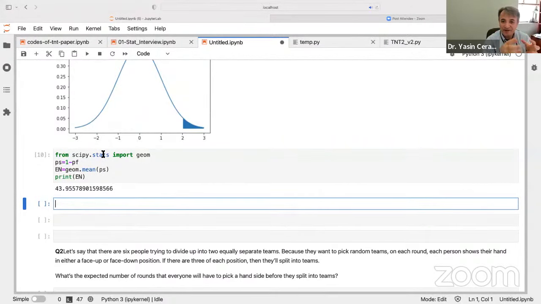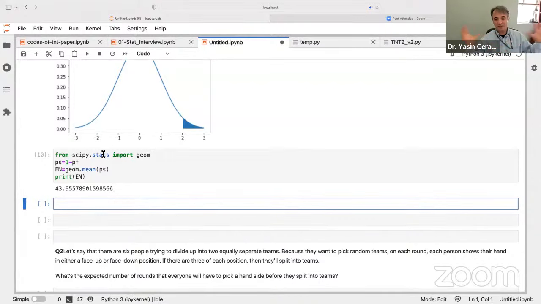Let's say I'm going to create a pool of random numbers which are coming from a normal distribution with zero mean and standard deviation 1. That's what I'm going to do first. I'm going to create a pool of numbers so that I can draw a number from that pool and check if it is greater than 2 or not. And I will count how many days it takes for me to pick a number from that pool which is greater than 2.